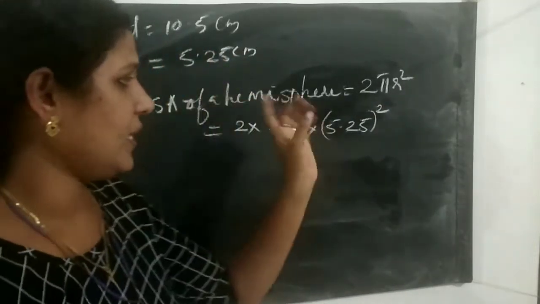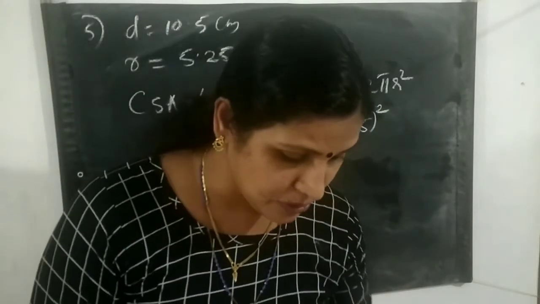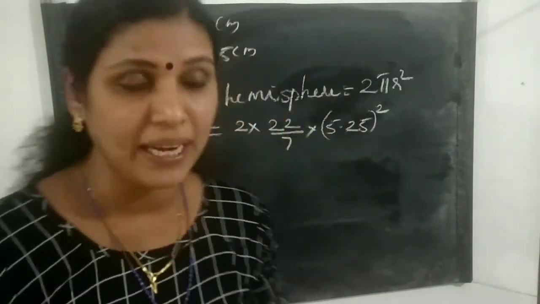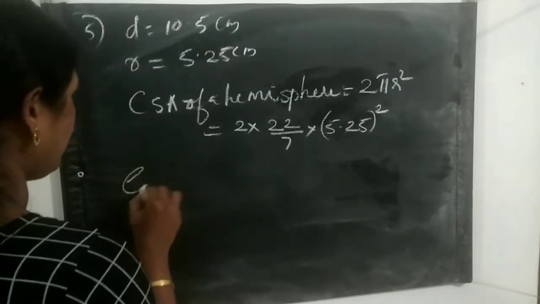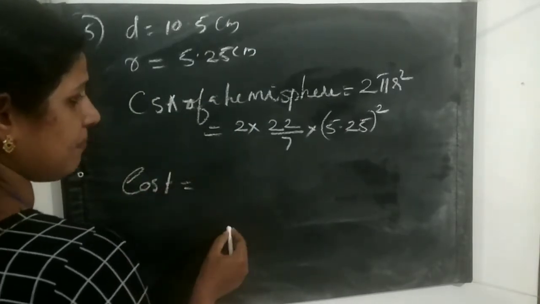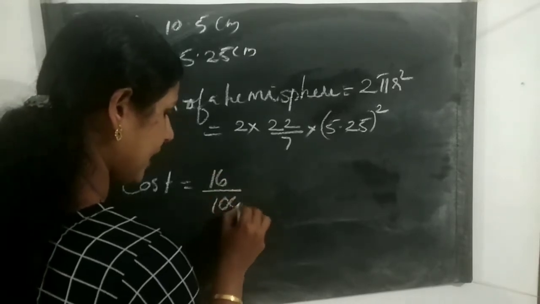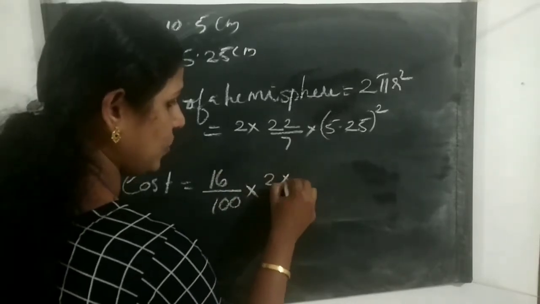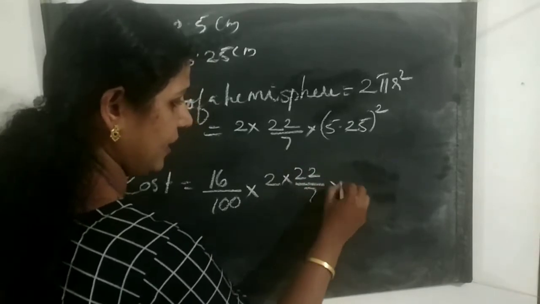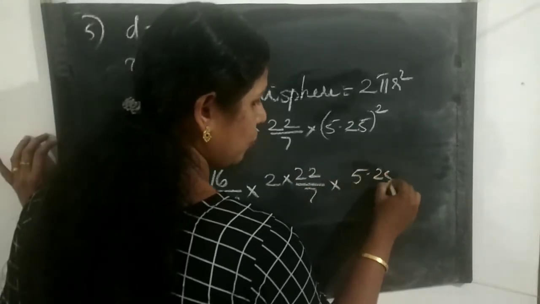First you have to find the CSA of this, and the next step you just multiply 16 by 100 for the cost. For the cost we just multiply 16 by 100 into 2 into 22 by 7 into 5.25 into